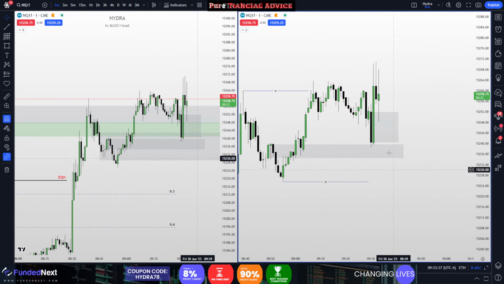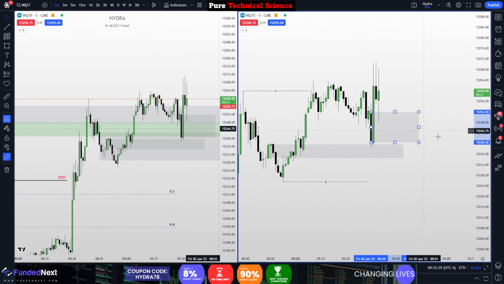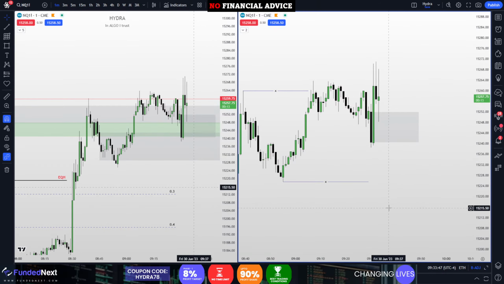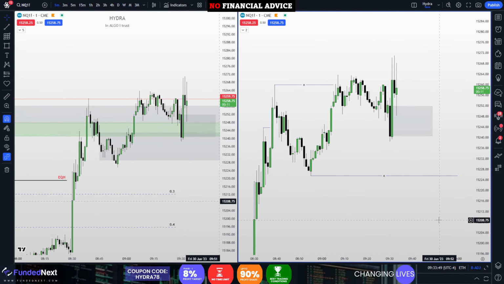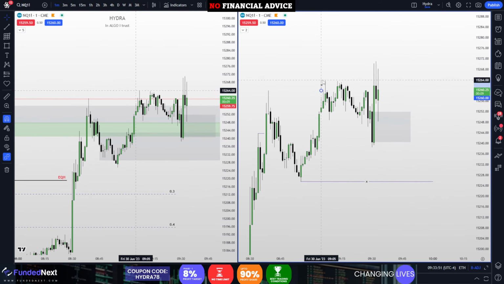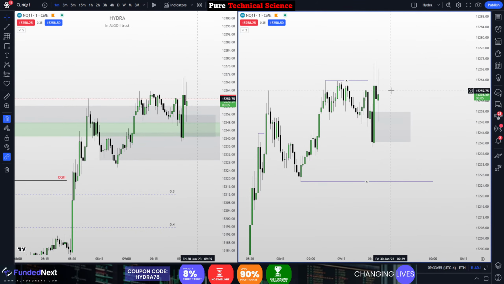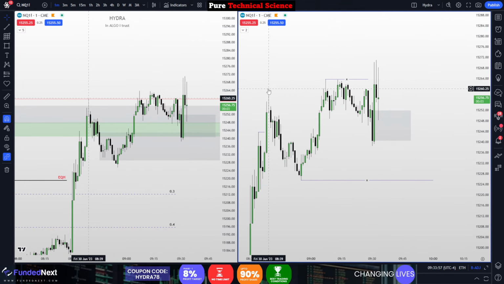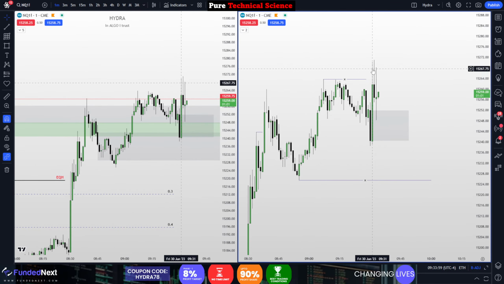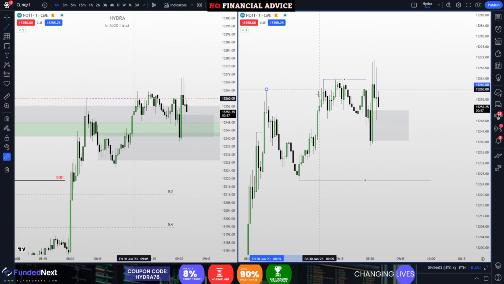Higher high, new higher high, breaker block here. Okay, so we still have 5 more minutes. If price is activating this breaker block inside 5 minutes, I'll take this setup. So the 3-drive pattern formed, right? Higher high, new higher high, another higher high. So to me, I see it as a 3-drive pattern,